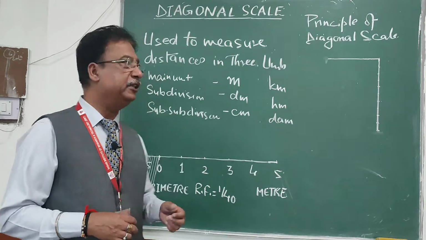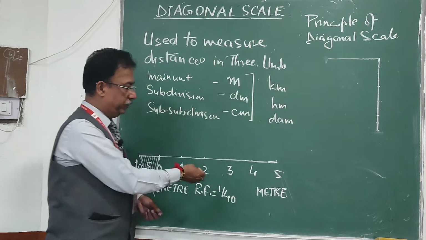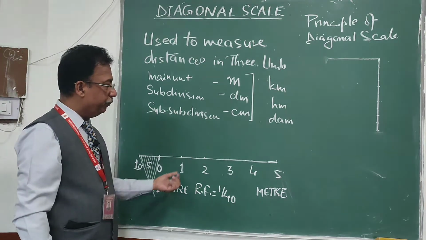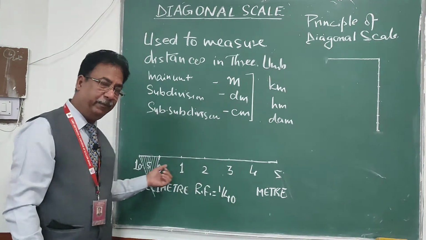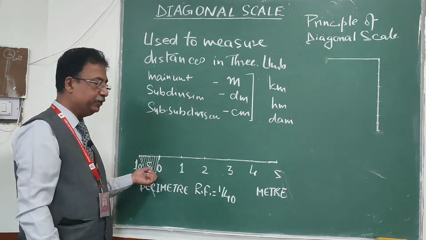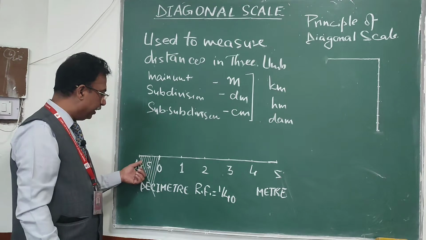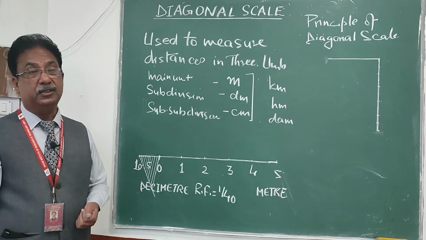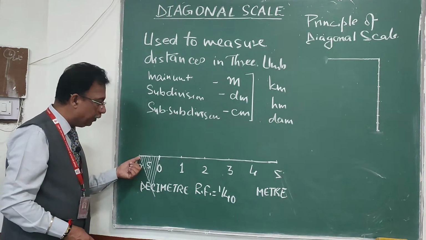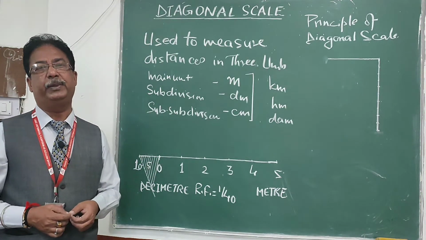Now suppose I modify this problem and say that I want to make a scale which can measure these 3 units with the same other information, RF and maximum length. Now if I want to solve a problem of diagonal scale, the starting is the same. We find the length of the scale and draw the line of 15 centimeter length. Then we divide that into 6 parts. So one part will be 1 meter, and we subdivide the first part into 10 parts. So one part will be 1 decimeter. Now if I want to go for 1 centimeter, it means I have to divide this small part into 10 equal parts. If I divide this first part into 10 parts, then one part will equal 1 centimeter.